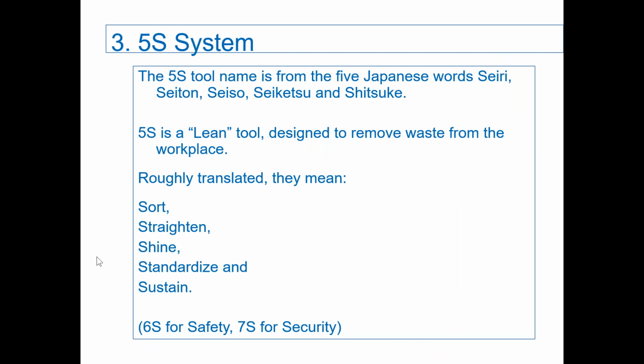Again, I'm not going to change 5S. It works fine. Nazira reminded me, and I've known this from my work with NASA, that we've gone from 5S now to 6S to add the safety. And now I understand that we're going to 7S for security. I'm going to let other authors decide whether we want to really change the name of the tool to 6S or 7S. I'm happy with 5S, and then we do what we need to do as lean practitioners.